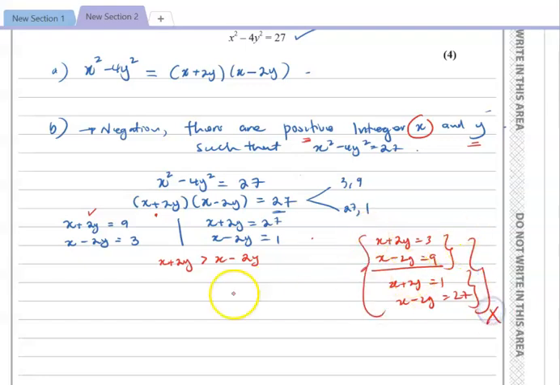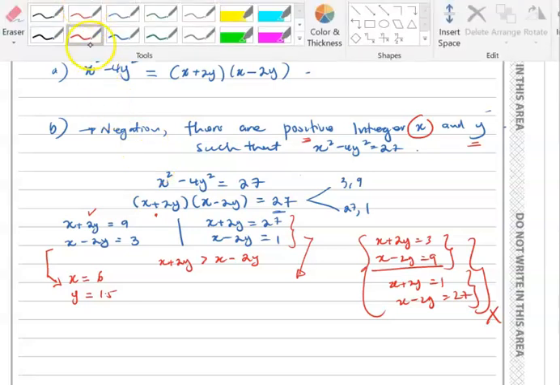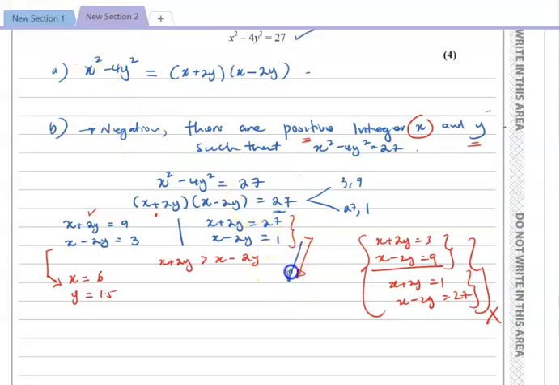Now you have to solve these equations simultaneously. You solve this pair and get an answer, and also solve the other pair and get an answer. These are just linear simultaneous equations, so there's no expectation of you showing your working. You see over here that x is equal to 6 and y is 1.5. For this pair, you have x equal to 14 and y equal to negative